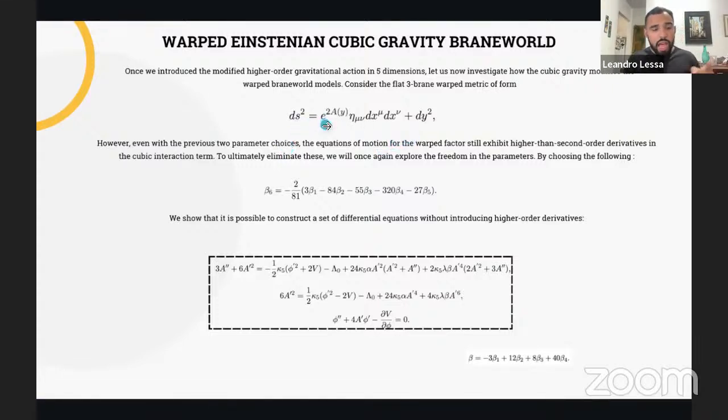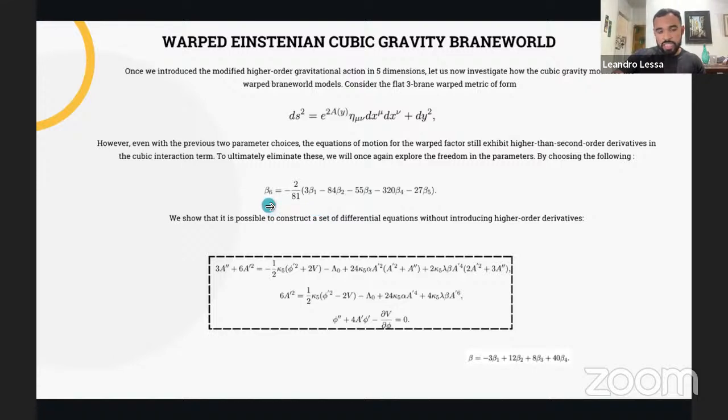this equation. However, with this privileged two-parameter choice, beta 6, or beta 8 and beta 7, the equation of motion for this choice is even higher than second order in a cubic interaction. So, to eliminate this, we once again explore the freedom of the parameters. Here you use some mathematical software to obtain that, but if you choose just another condition given by this expression,